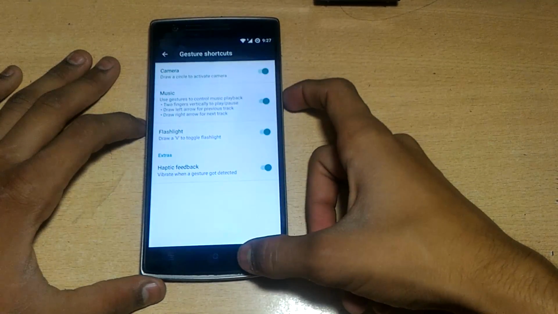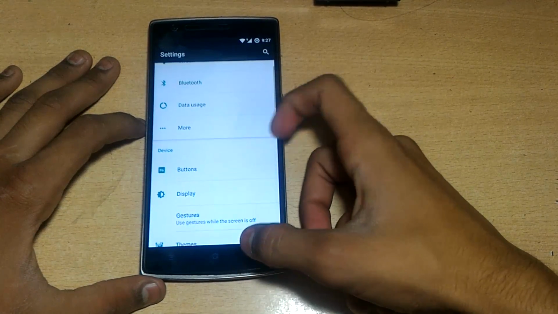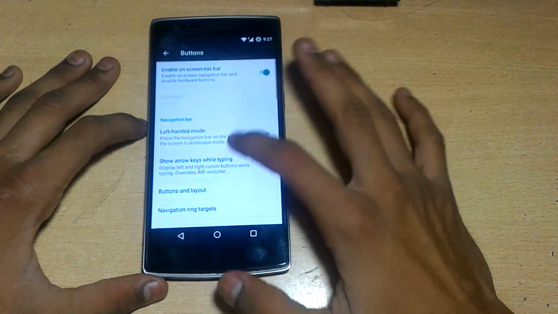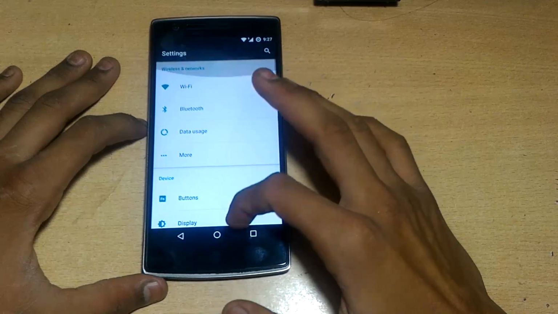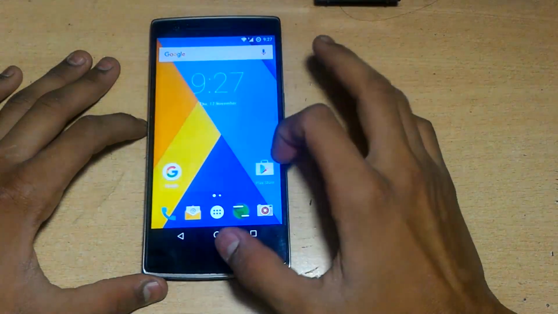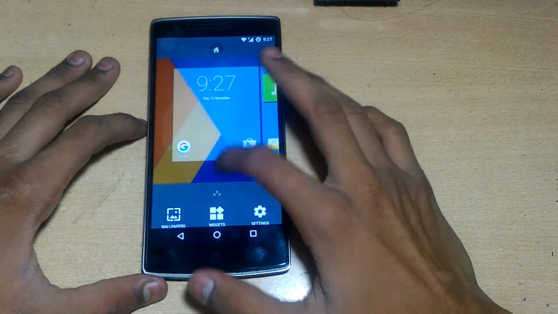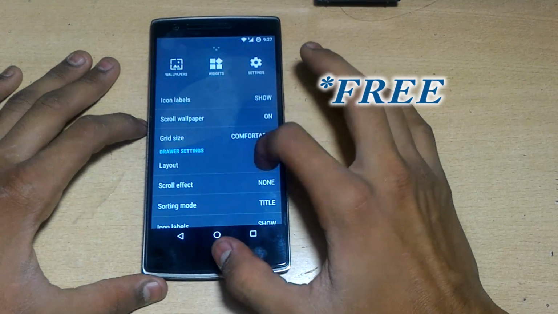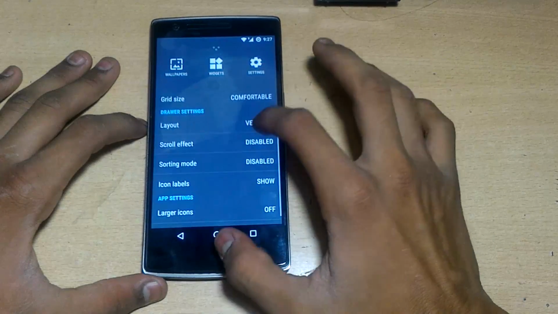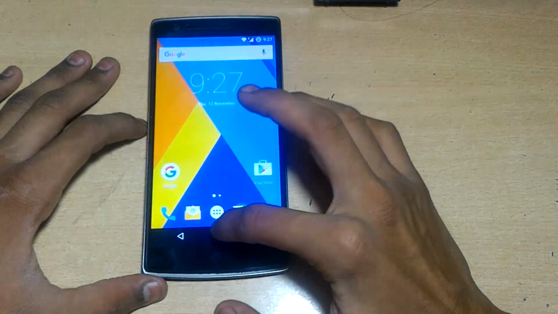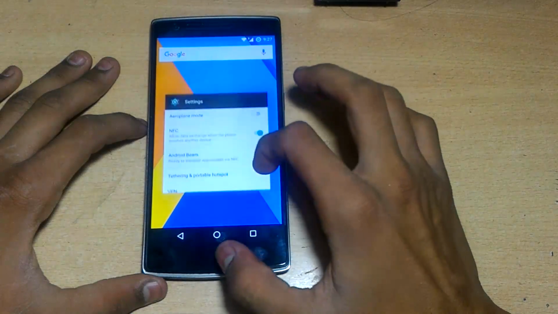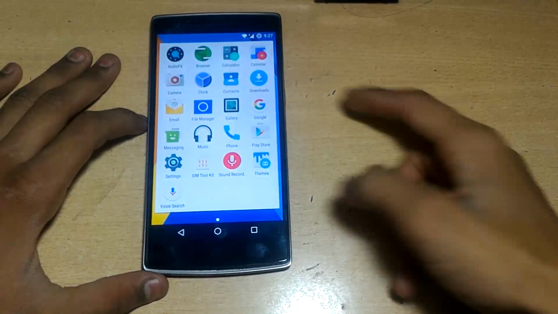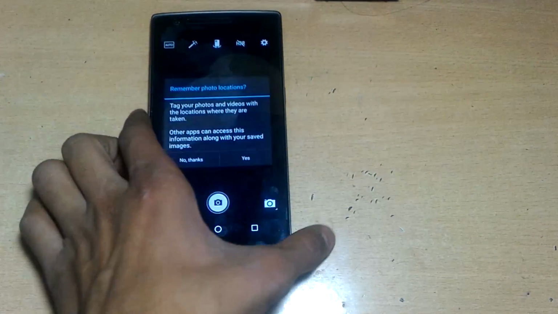You can see too many options are here, and also the gesture mode buttons. You can enable the on-screen navigation bars and left-handed mode, everything you can do. Also we have the Tap and Pay option on Marshmallow, and one thing I like is that the RAM memory is not very much full in Android Marshmallow out of the total RAM. We can enable the home settings, also the paged version if you don't like the vertical scrolling. You can also install the Google Now launcher. You can see that there are only a few apps installed, not too much bloatware.